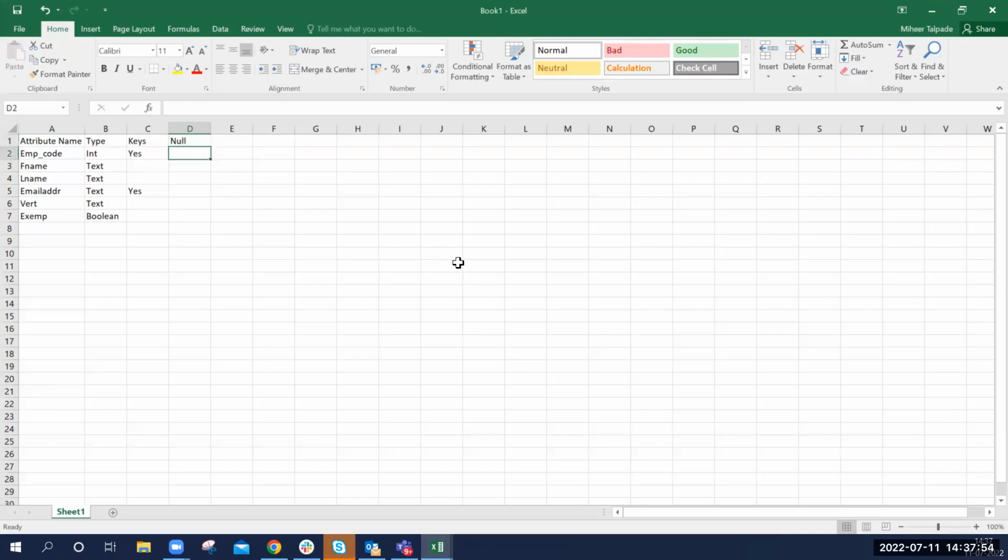So employee code can't be null, right? It's not possible for anybody not to have an employee code. First name, again, everybody has a first name. Not possible. Last name, again, not possible. Email address, obviously not possible. Vertical. Now,